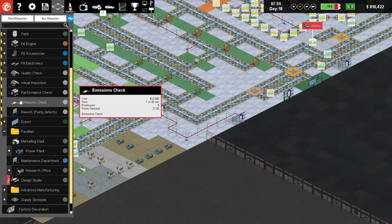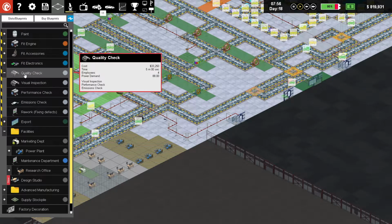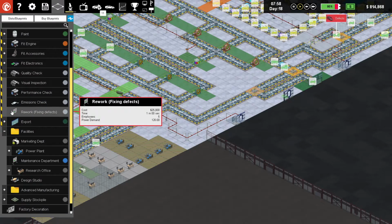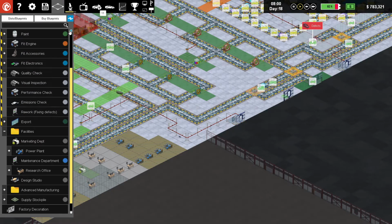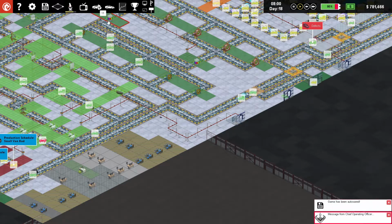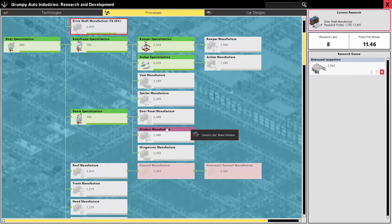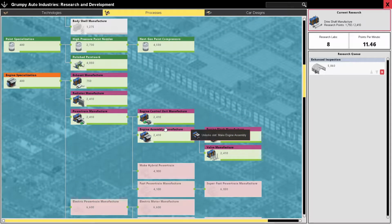performance check, emissions check. So the quality station is 5 minutes. And rework is just 1. So did I just put in another rework check, enhanced inspection? No,